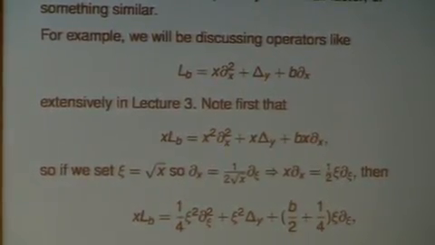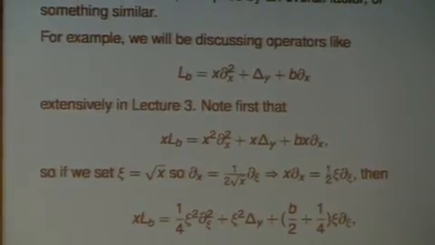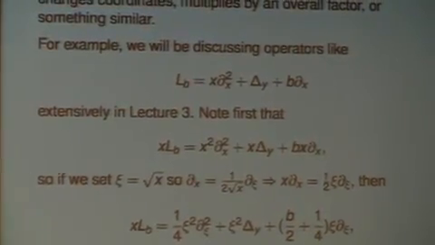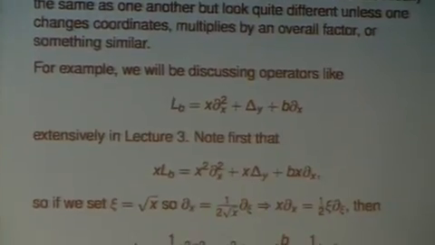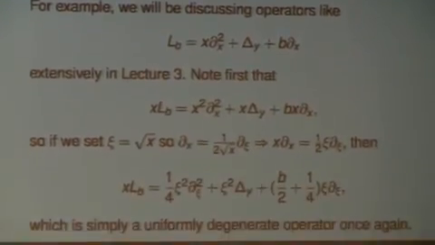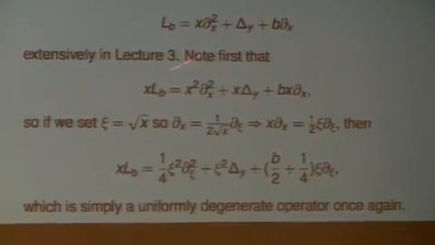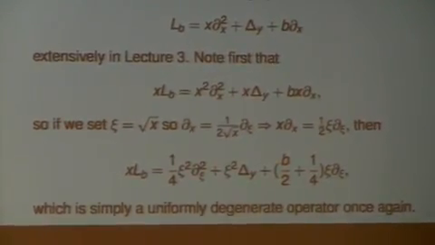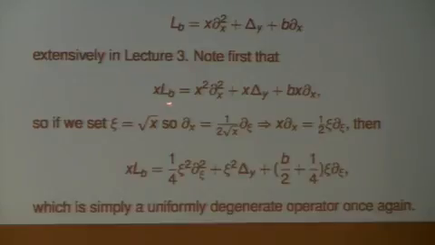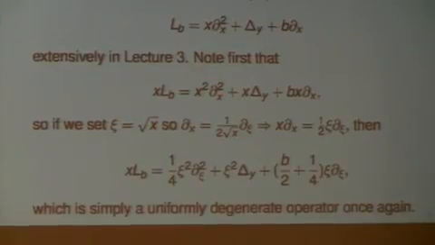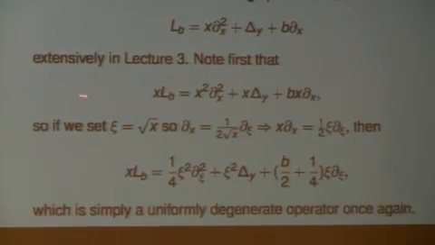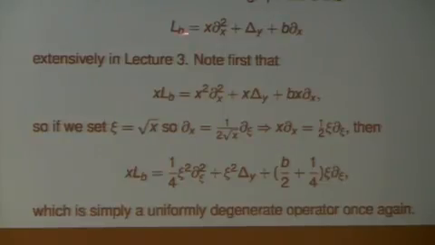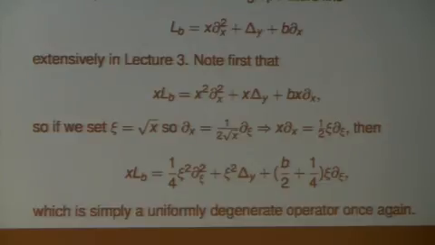Okay? So this is something that degenerate operators, as I said in lecture 1, can be disguised by coordinate changes, and you have a much richer class of coordinate changes on the manifold boundary than you do on an orbifold. So what are the coordinate changes I want to allow? So the first thing I want to do is multiply by an overall factor of x. So, that looks a little bit suspect, and especially if I'm looking at the heat equation, d by dt minus L and d by dt minus xL are very different sort of operators. Right? So this looks a little bit suspect, but it turns out that that's not such a horrible, radical thing to do.